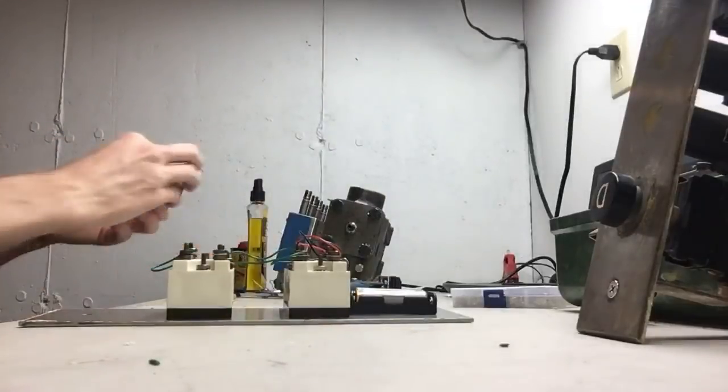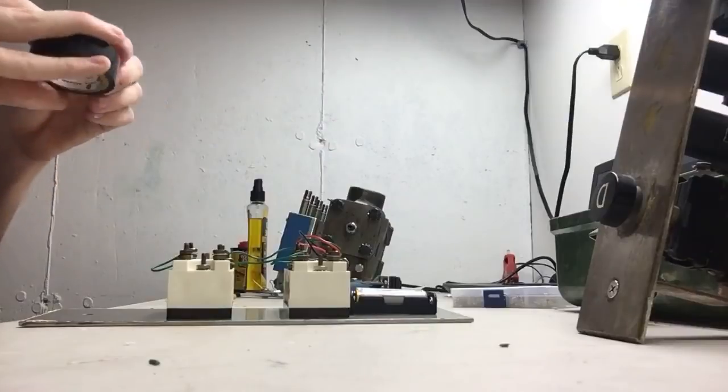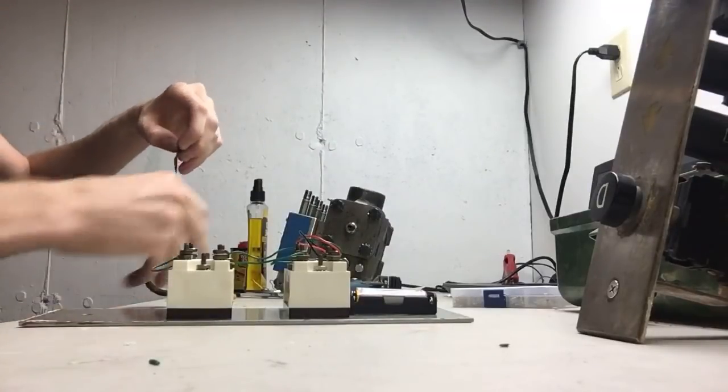I'm getting a new piece of tape. I need to get some more Velcro. I thought I had some more, but I don't remember where I put it. I guess I used it all up on all the other buttons. So...